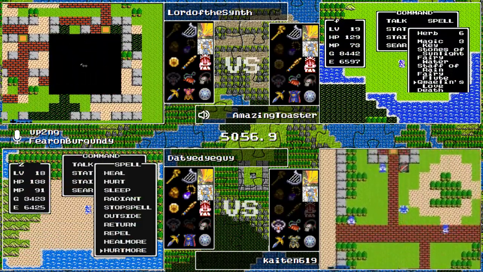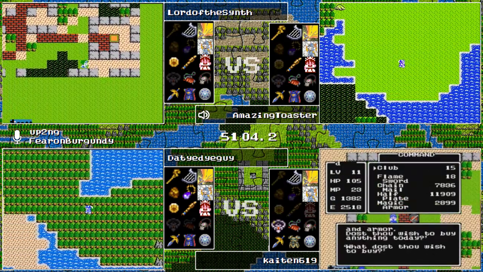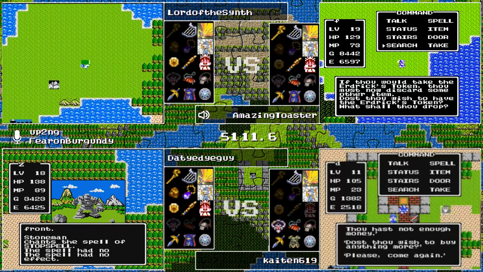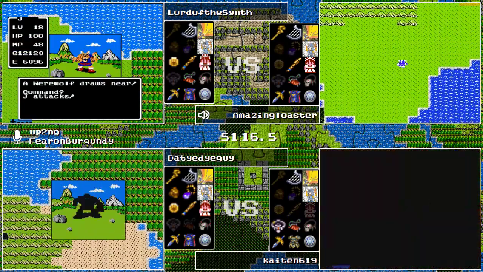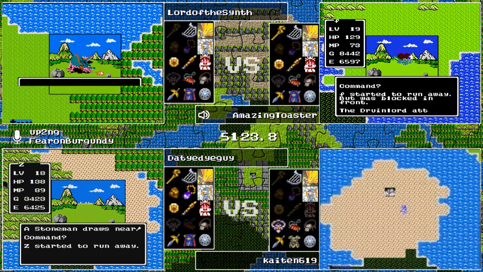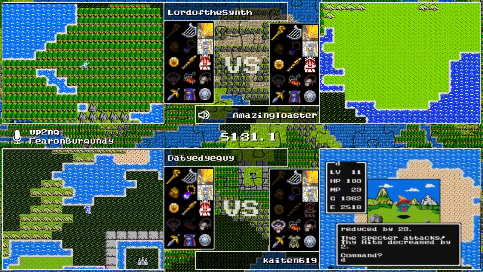And there's the Erdrick's armor for Lord of the Synth. So, one less thing for him to worry about. The Datyedyeguy now can go right into Charlock. There's nothing else he needs to do. And Toaster has picked up the token. Slight experience lead to Toaster, although...